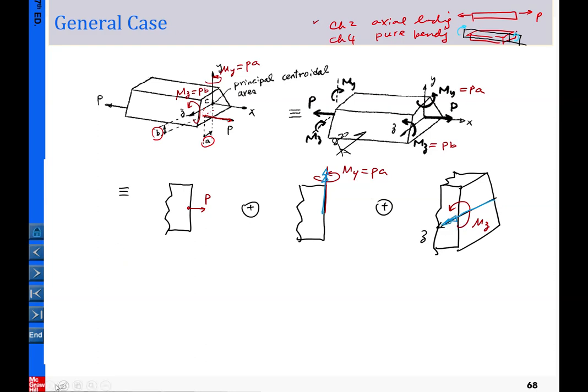Once you have this, you can simply calculate the stress. The stress for this problem will be the superposition of the three things. For this case it is P over A, and for this case, the stress follows the formula where the magnitude is My over I for this template. We can try to apply it. Let me see if I have this one drawing, but anyhow,